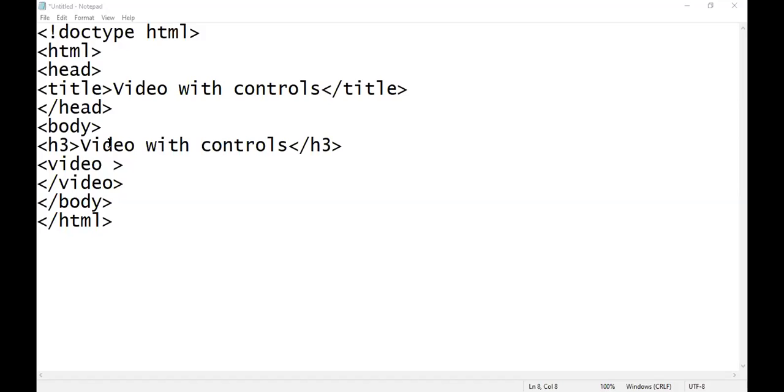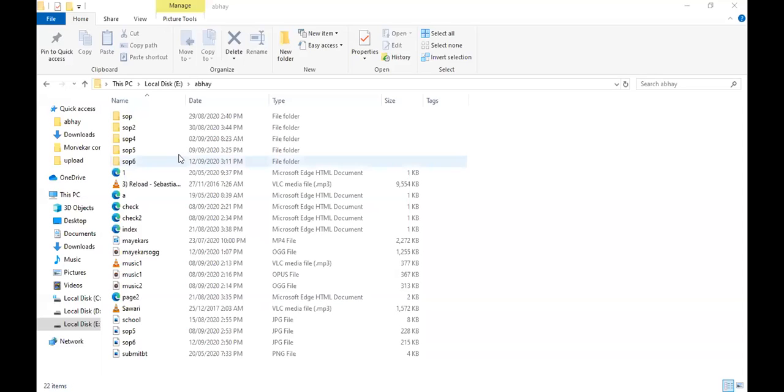So what I will do, I will keep this program as it is, and I'll go to Windows Explorer. So here is Windows Explorer. Can you see the Windows Explorer? Here the SOP6 folder is created. I require